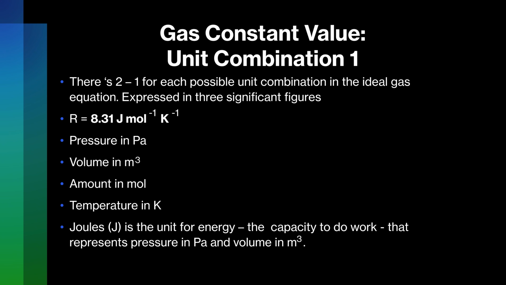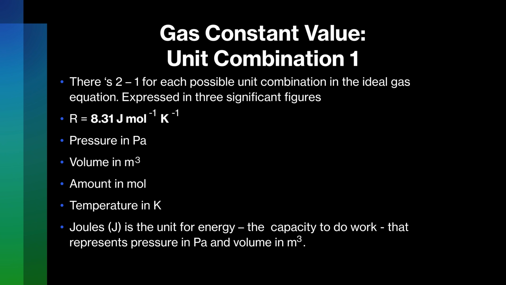With this combination, the value of the gas constant is 8.31 joules per mole per Kelvin. Now, where did joules come from? Joules is the unit for energy, and in this situation, it is representing both pressure in pascals and volume in meters cubed. Why? Joules represents pressure in pascals and volume in cubic meters because 1 pascal of pressure applied over